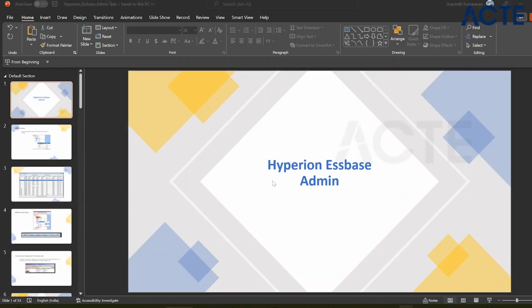Today we will talk about Hyperion Essbase admin related tasks. So far we have discussed applications and the database design, and we know how to load the data, how to import the metadata, and also we discussed all the calculation scripts. We also do some admin related tasks, for example, you are running something